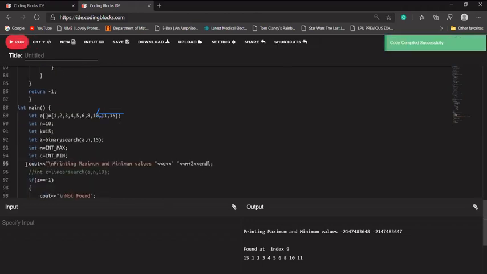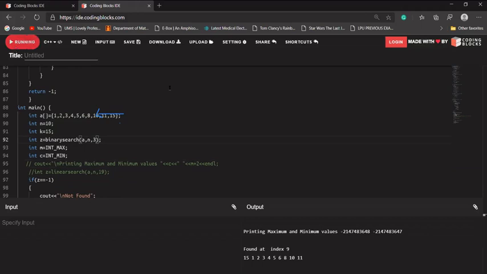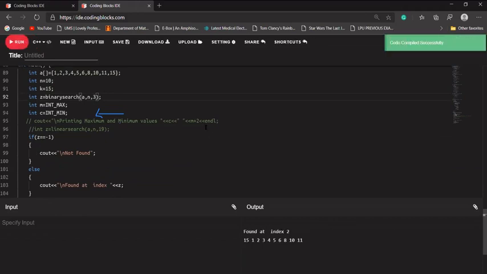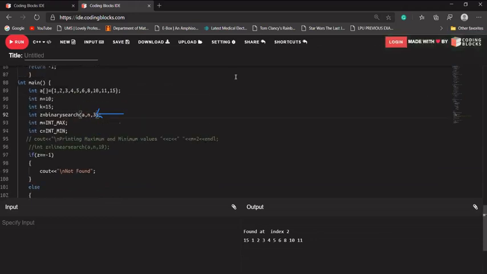We are searching 3. We should get that found at position 2. Okay, found at index 2. That means we got it right.